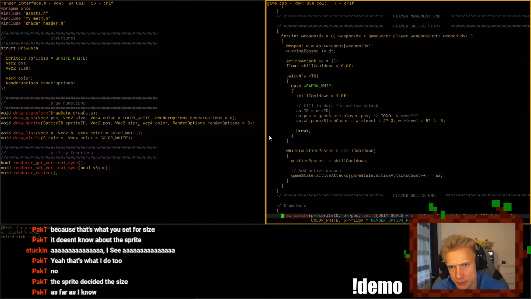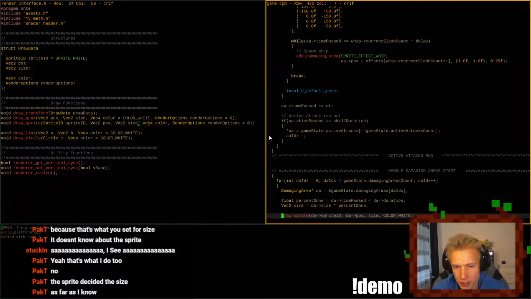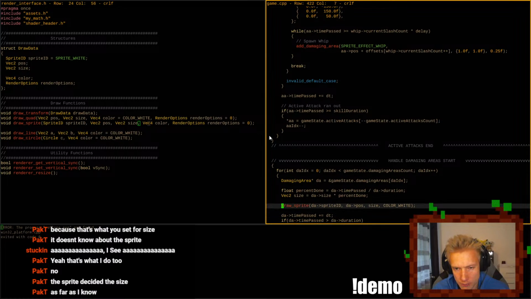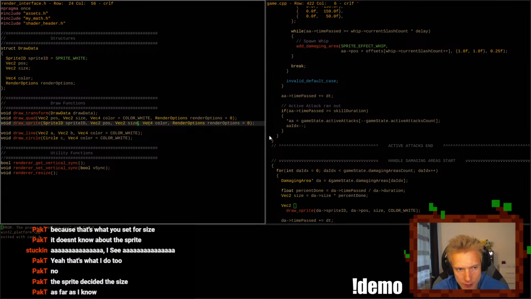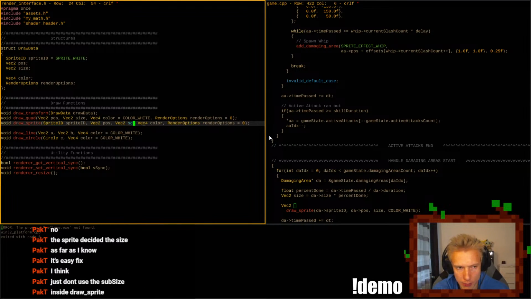Enemy scale. We have more than one. Look, unit scale. Inside draw sprite, we're supplying scales here. Nah, it's not that simple. No, it needs to be done properly. I need to think about that.